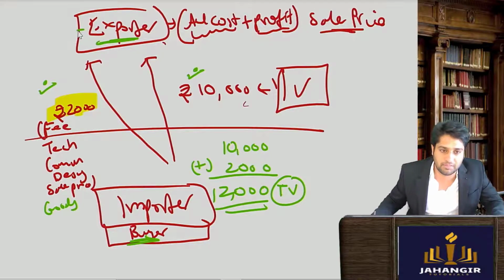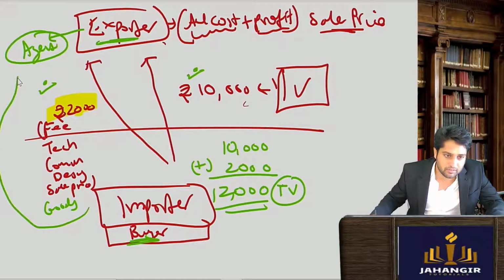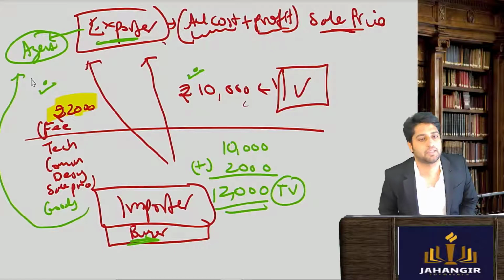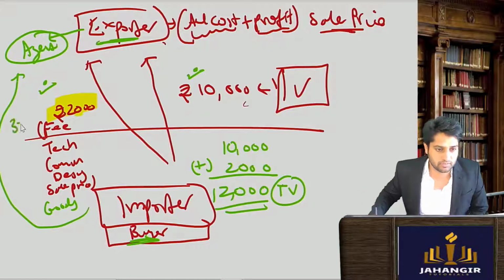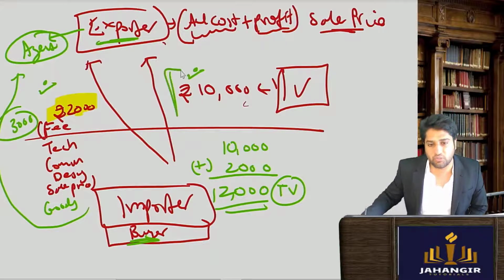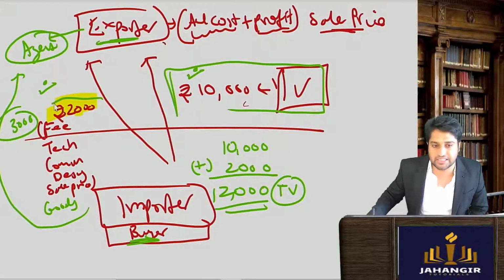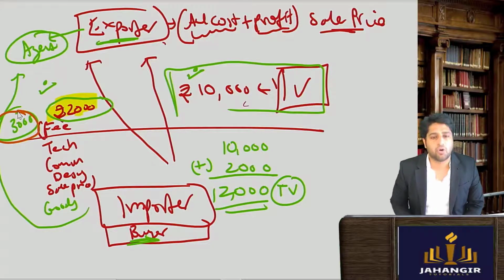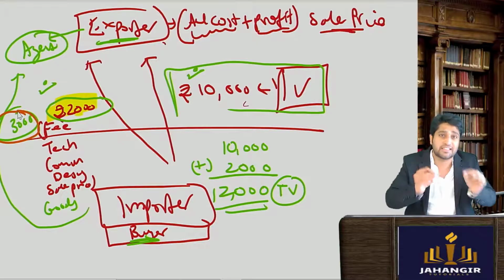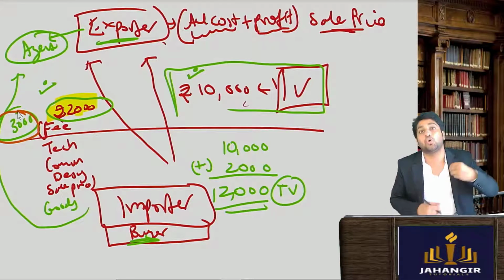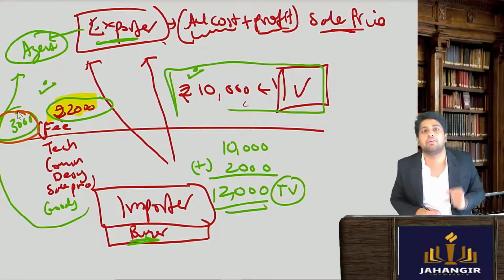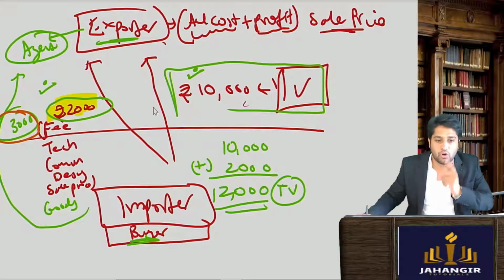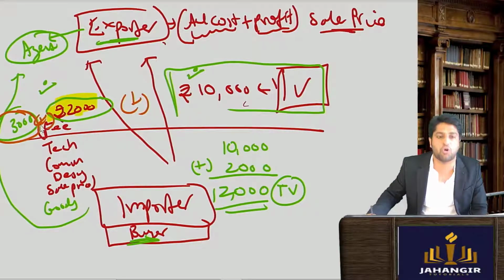It is possible that I pay the agent of the exporter 3,000 separately. So the invoice is 10,000, 2,000 is the increased designing cost, and 3,000 rupees were paid to the exporter's agent. Should that also be added or not? Obviously, any charges that the buyer is paying to the exporter should be added into the value, because he is paying. So all of these expenses he is paying, all of this will be added.